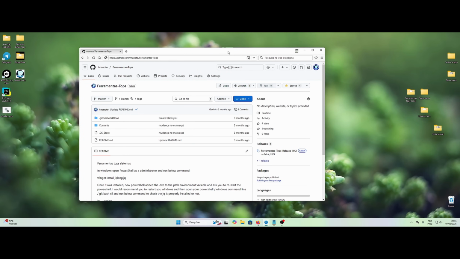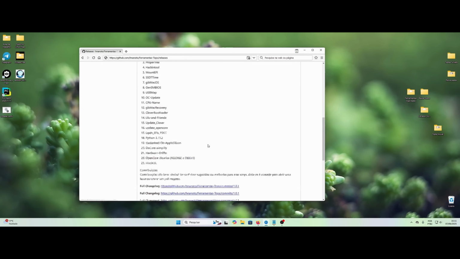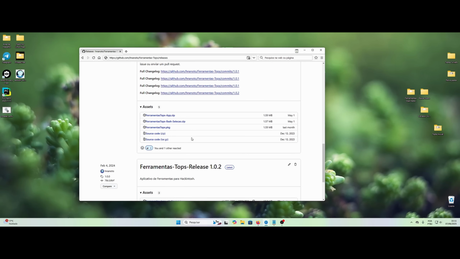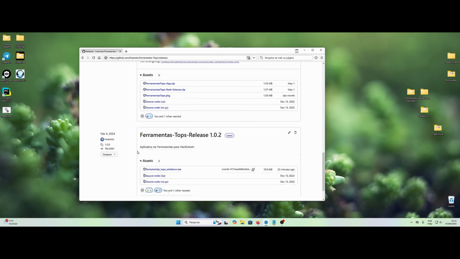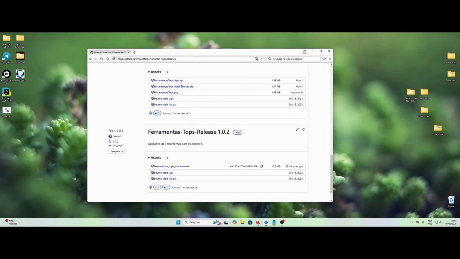This procedure is exclusive to Windows, so I have already done the TOPS tools 11 XZ. You come here to the repository releases, and this part here is for the macOS app. We have the translator, and we also have a PKG to be installed on macOS. And here we have the top tools Windows EXZ, which is pretty interesting too.